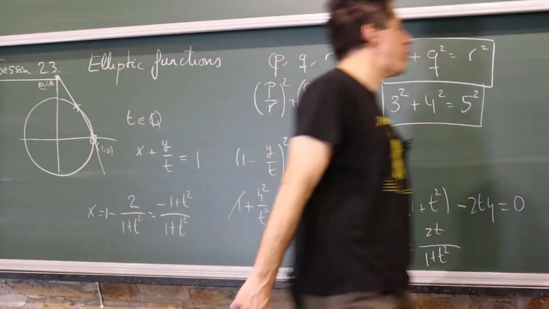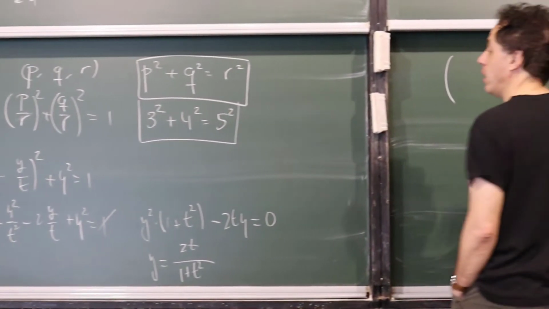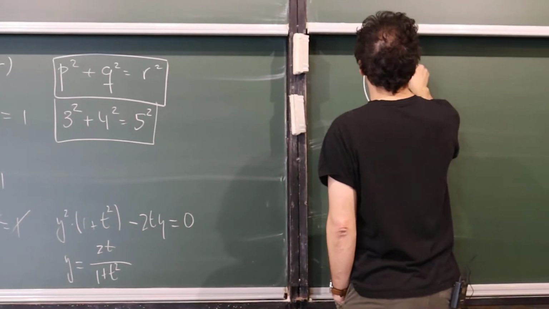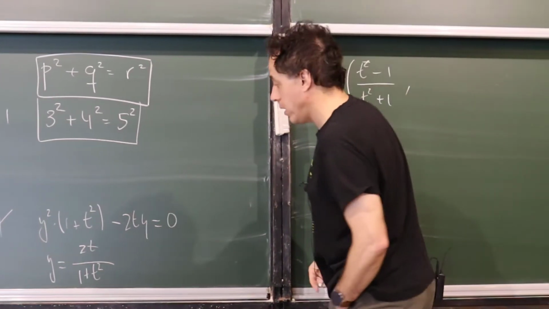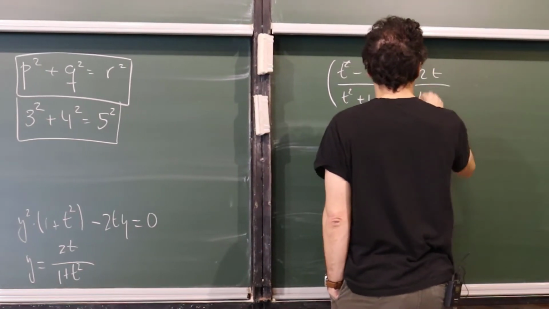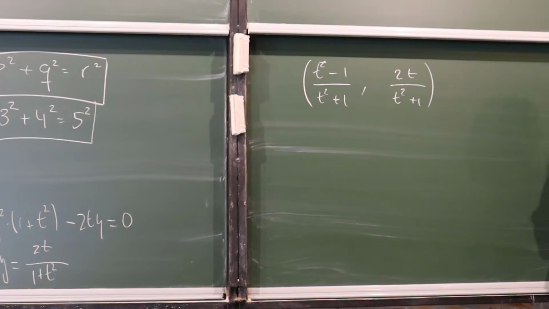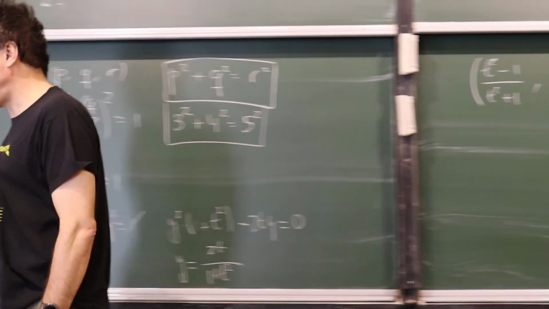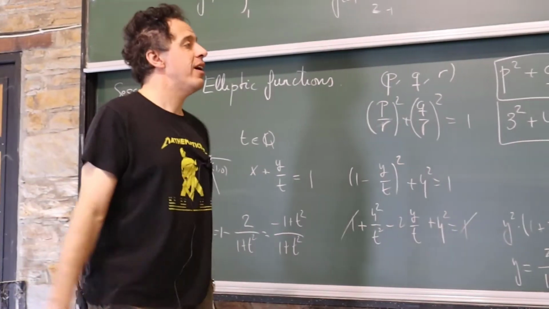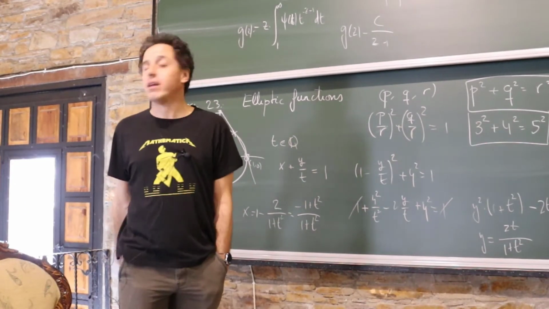So the points with rational coordinates are the points (t squared minus 1)/(t squared plus 1), 2t/(t squared plus 1), which are rational. So in this manner, we can find all points with rational coordinates over the unit circle, and from that, all